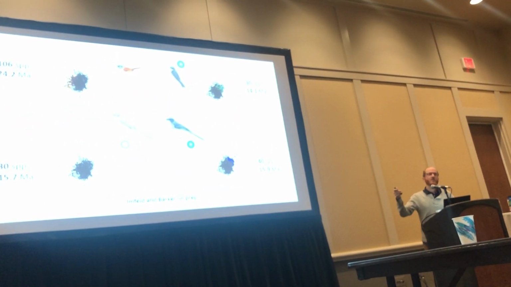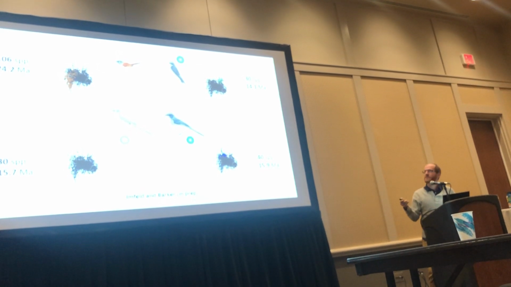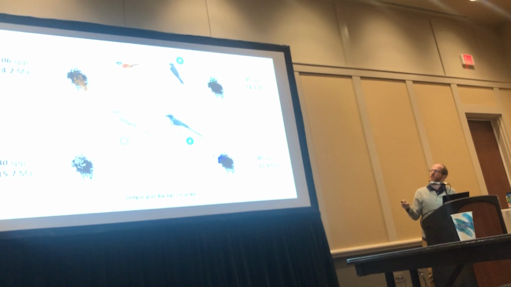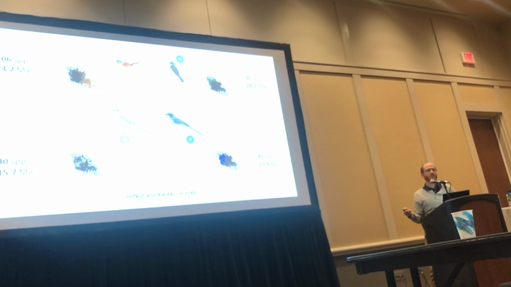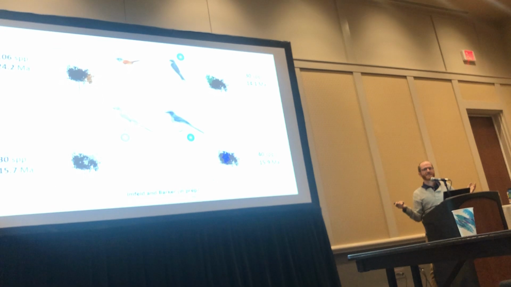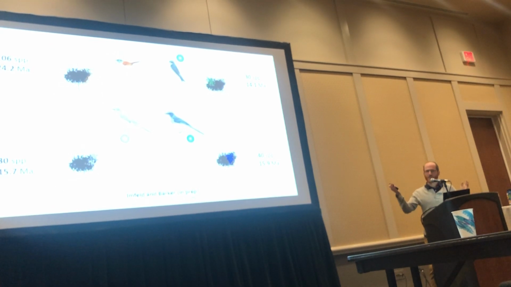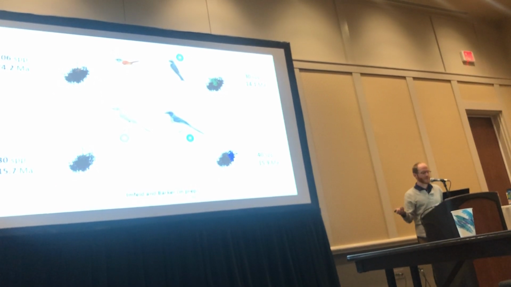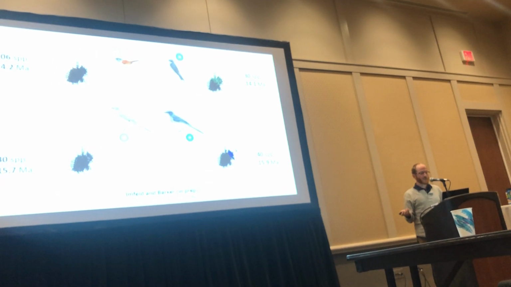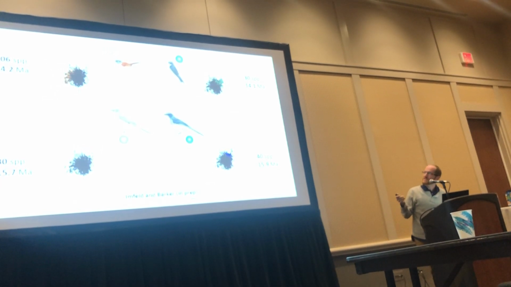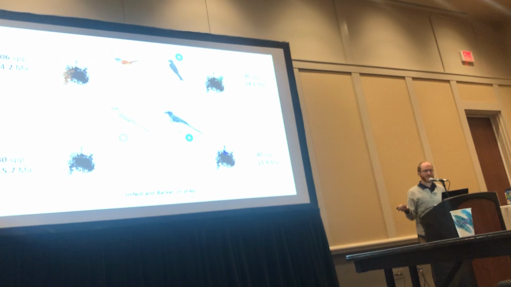None of the other groups, so these are the next 4 most disparate lineages, you see that none of them come anywhere close to occupying the same amount of space. The wrens and gnatcatchers kind of have their own neck of the woods, as do swallows, and then mockingbirds and jays, right? So there's a ton of variance here in the extent of morphological disparity in the occupation of morphospace among these lineages.